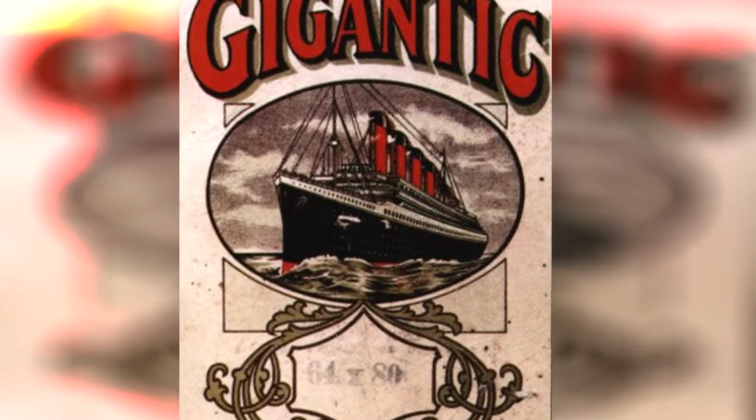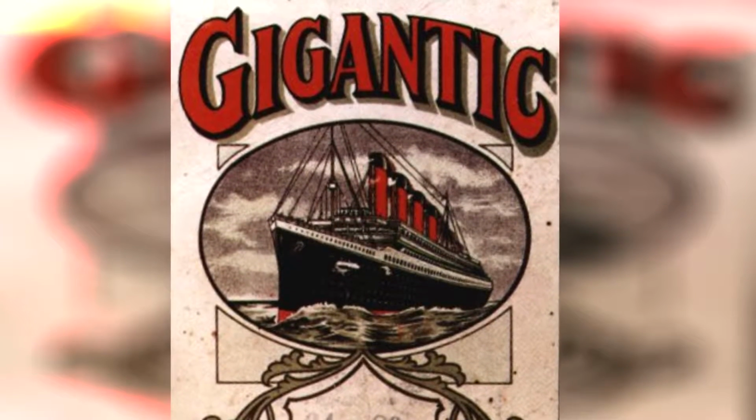A side note here, one rumor about Britannic is her name. For a time, it was believed that Britannic's name was originally the Gigantic. This was because of promotional posters for the ships that included the names of Titanic and Olympic, and also included the word gigantic. Since the Titanic is such a well-known ship, we'll be focusing more on her sister ships for